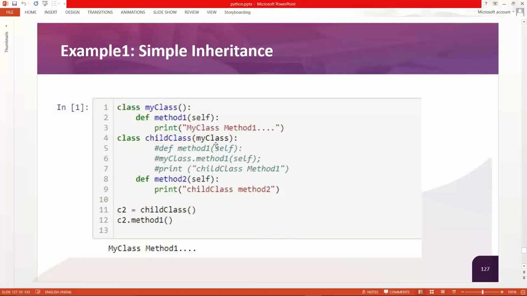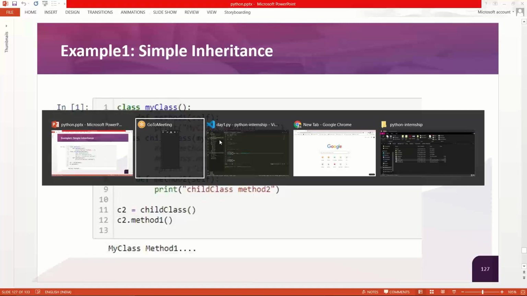When we define method 2 and create an object of child class, we have access to both the functions of the base class as well as of the derived class, because all the functionalities of the base class have been derived into the derived class. Let us try this.